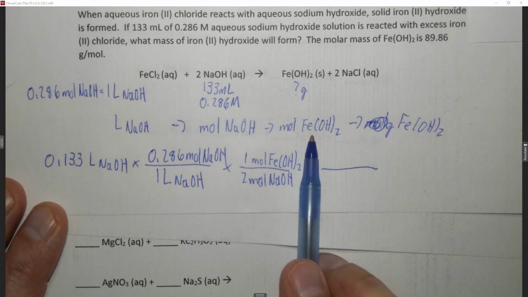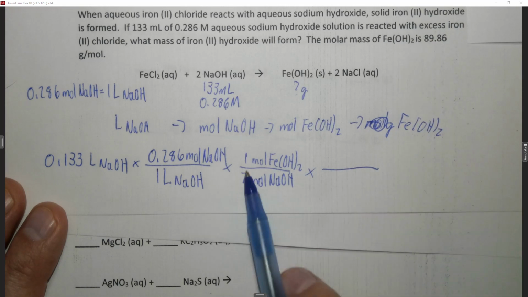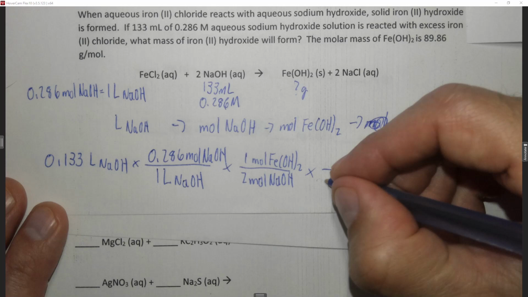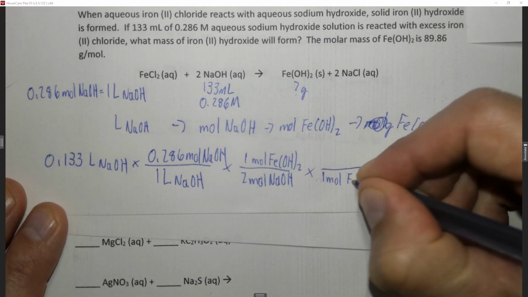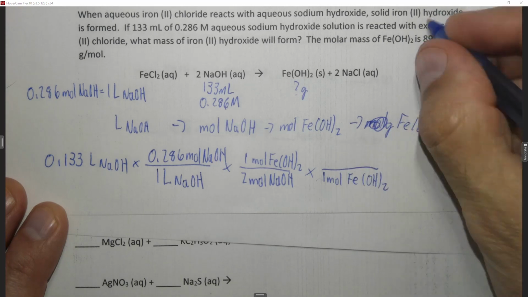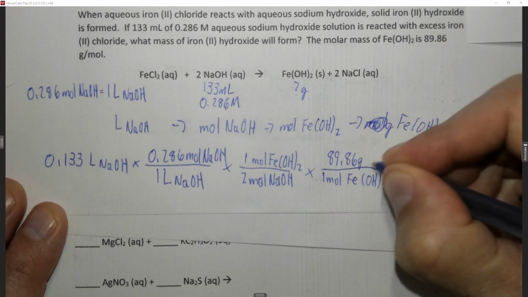Now, we want to convert from moles of iron 2 hydroxide to grams. We're going to use the molar mass. In this case, this is the grams in 1 mole, so we put the 1 mole of Fe(OH)2 on the bottom, and the 89.86 grams of